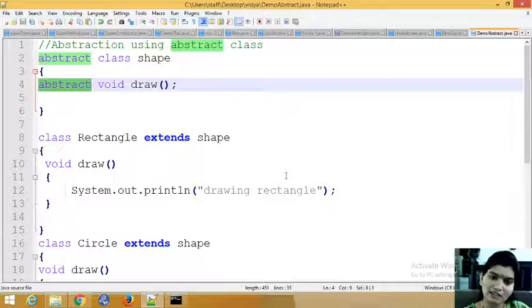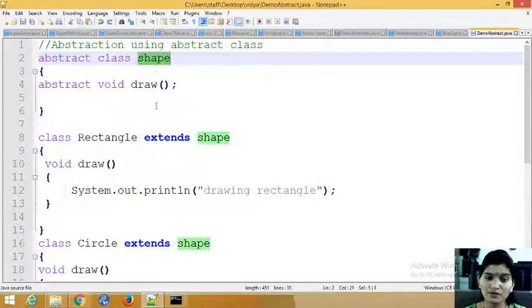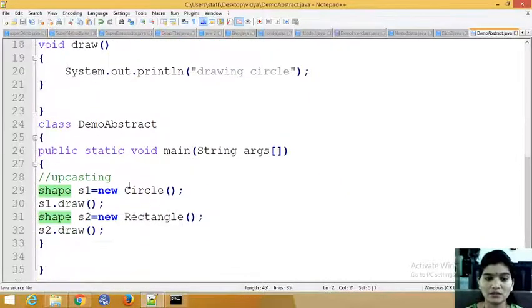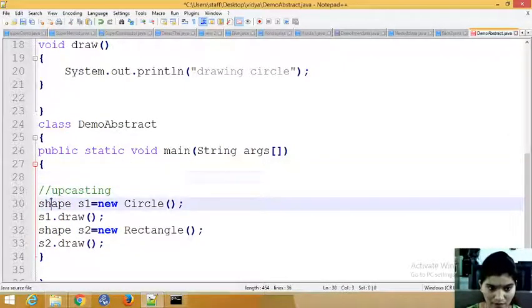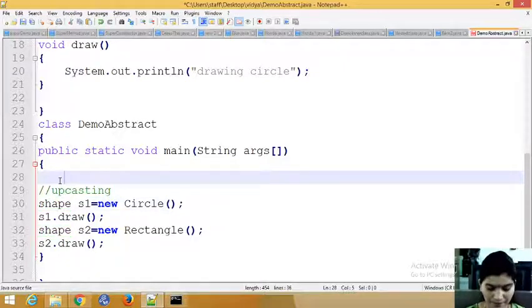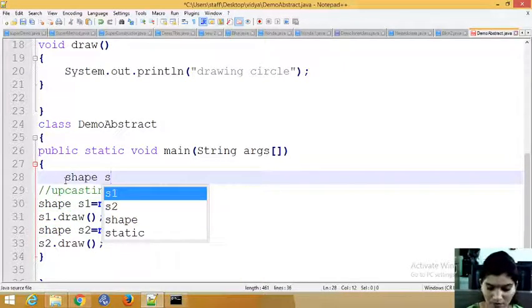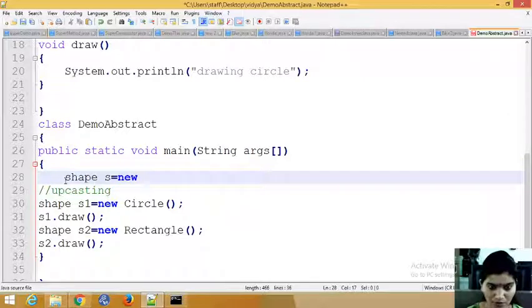You can create final methods in your abstract class, and you can't create an object of your abstract class. So see here, can I create an object of my Shape class? We'll check. Shape s = new Shape.